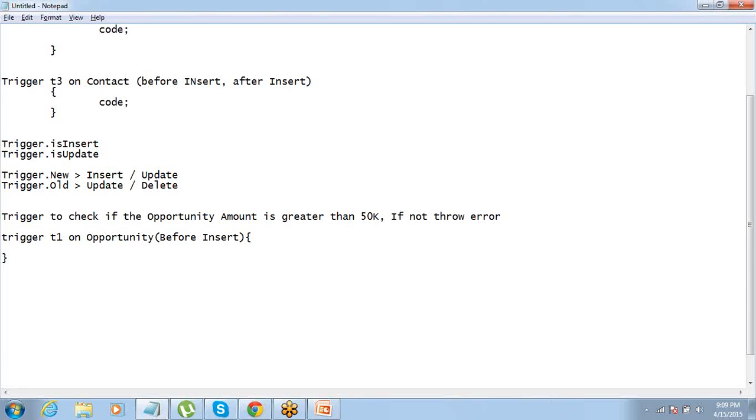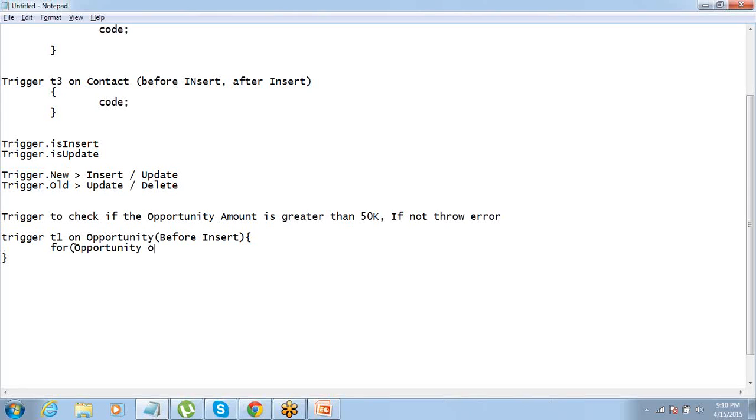T1 is the name of the trigger we created, right? It's not the S object. So I can understand what you are trying to do: you are trying to have some reference to the record which is getting inserted, right? Yes. So how do we get the reference to that record? We get it from trigger.new. Trigger.new is that record. I told you this is a list of S object which returns the value of the records which are in context. As simple as that. So we should write it like this: for